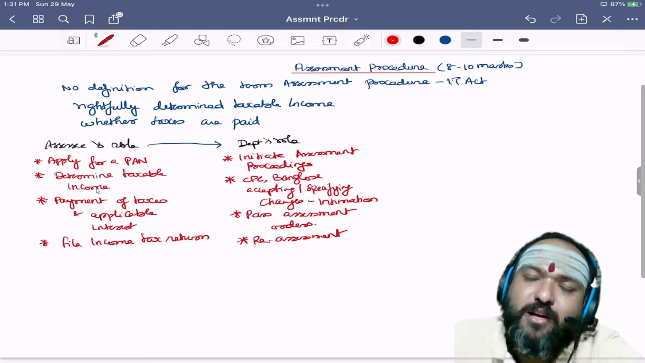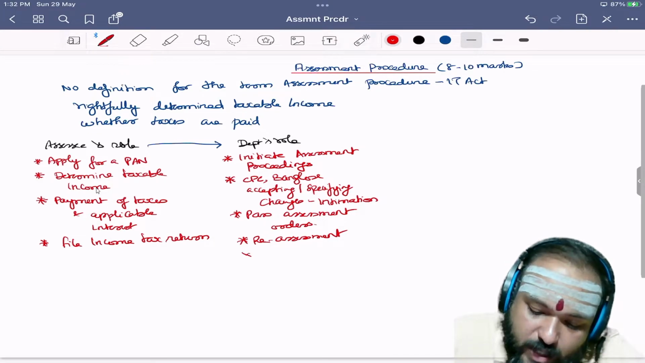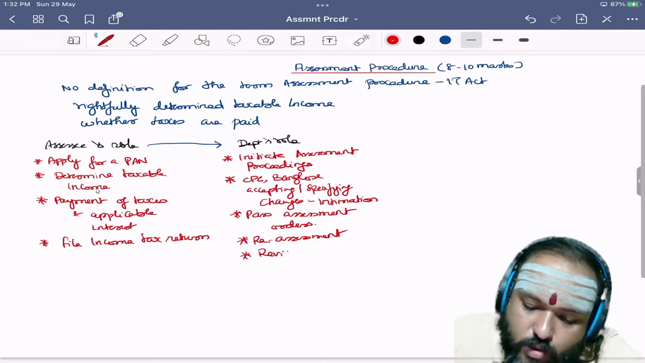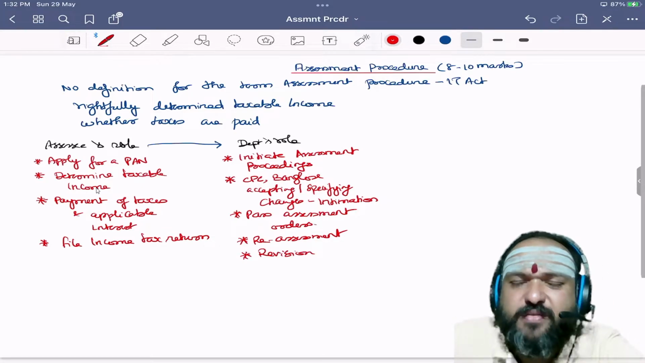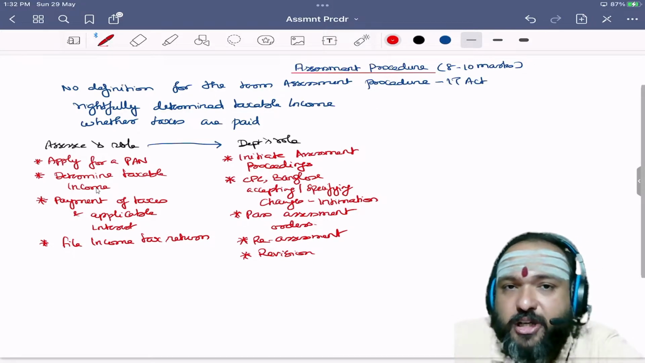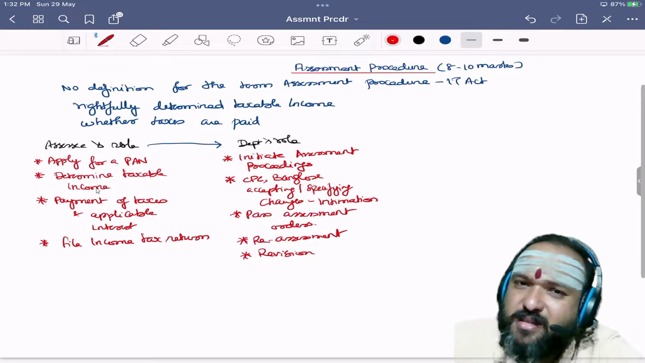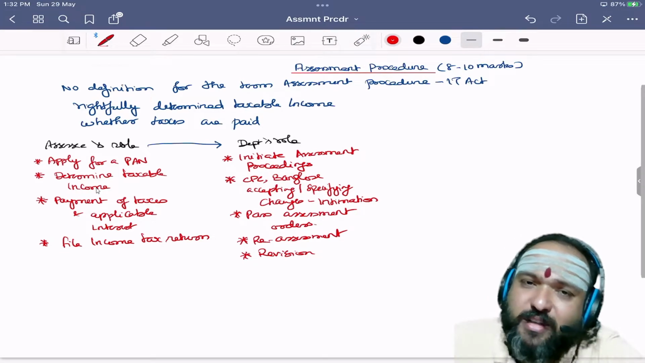So this is also part of the assessment procedure. However, it is called revision. So the department's role is also extended to revision. This revision can be initiated suo motu by the department if it is prejudicial to the interest of the department. If it is prejudicial to the interest of the assessee, generally the assessee will ask, or the department may also